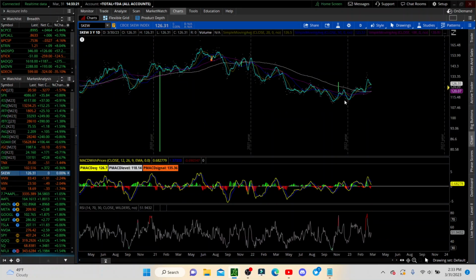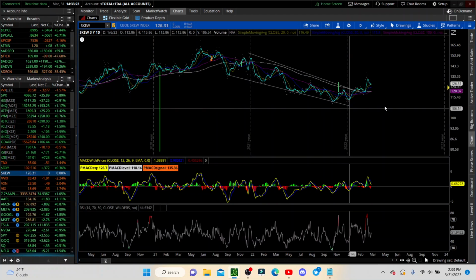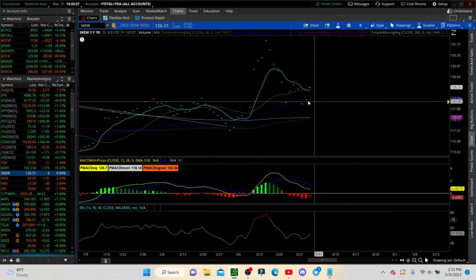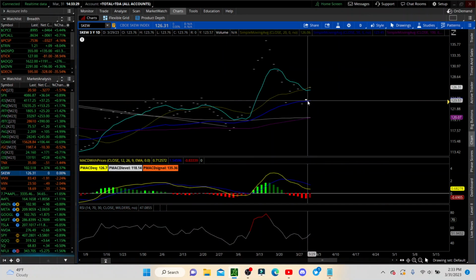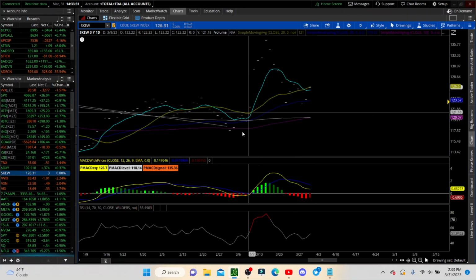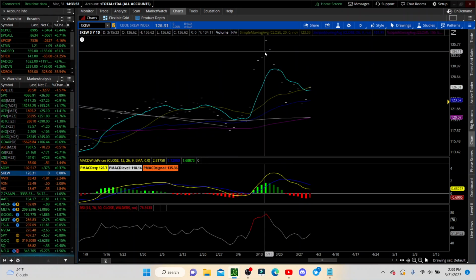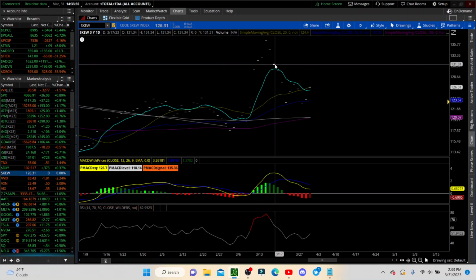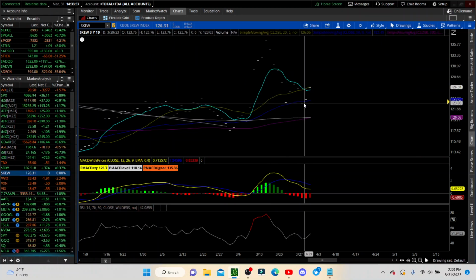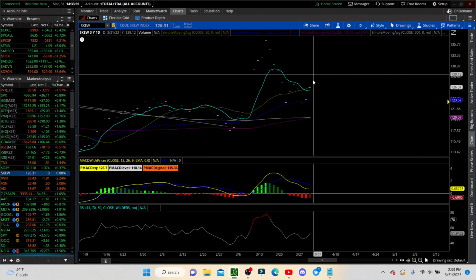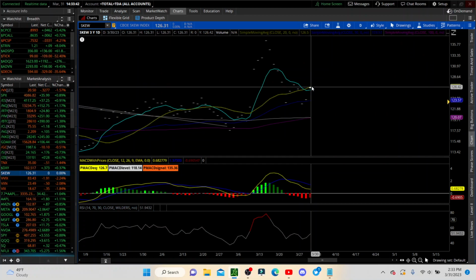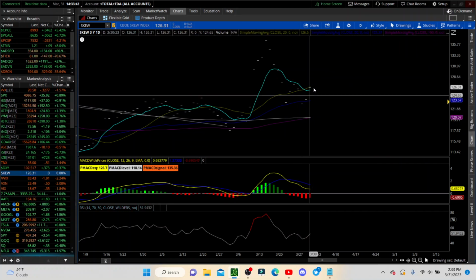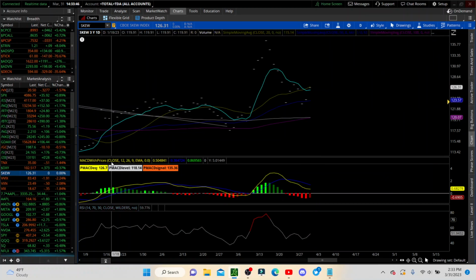Skew. Skew's hard to see. It only gives you data at the day close. But if you notice, we had a huge skew, and that's when price started to go down, and it's pulling back. And then we are seeing signs of people buying out of the money options again. So that's a good sign of some people buying protection.